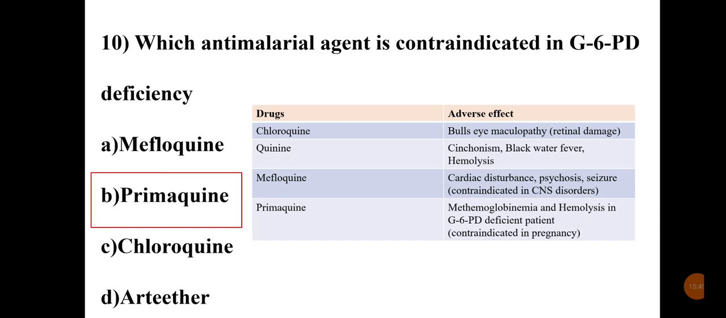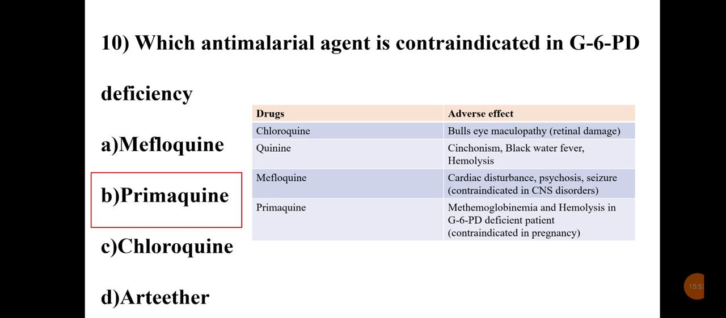So that table is very, very important: the drugs from the antimalarials and the adverse effects of each specific drug. In primaquine, you have to remember methemoglobinemia as well as hemolysis in glucose 6 phosphate dehydrogenase